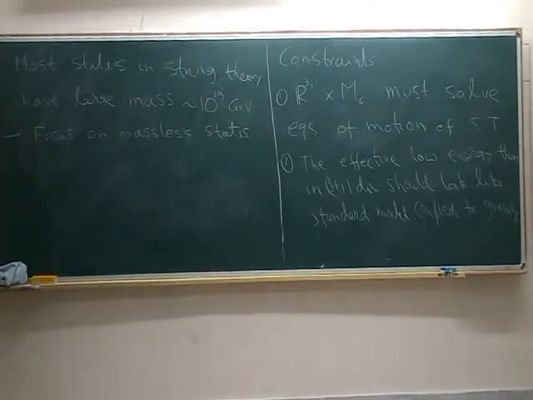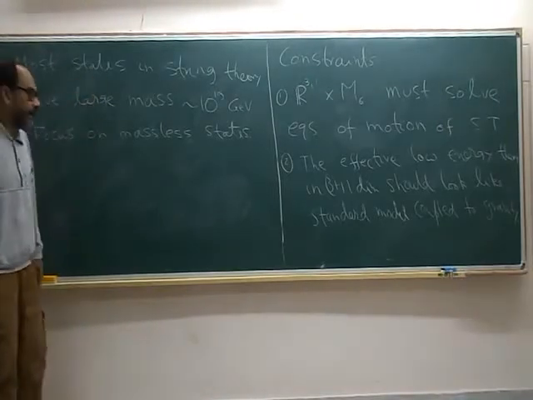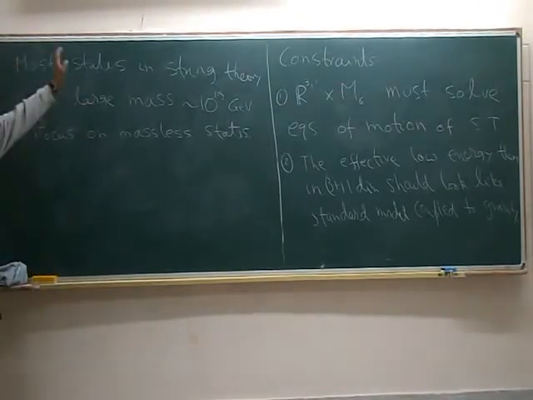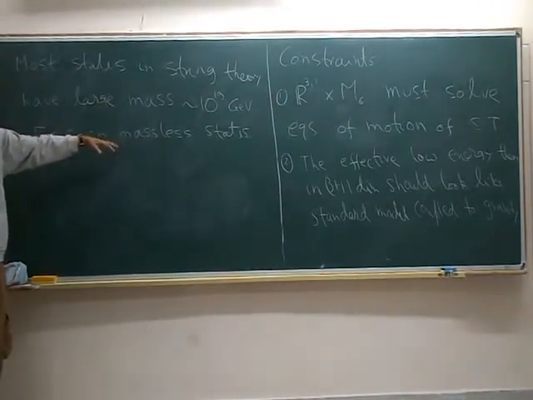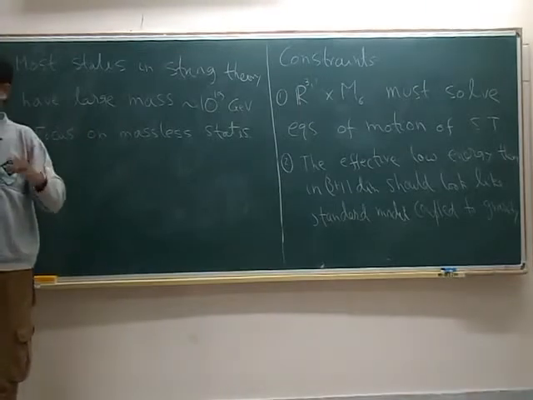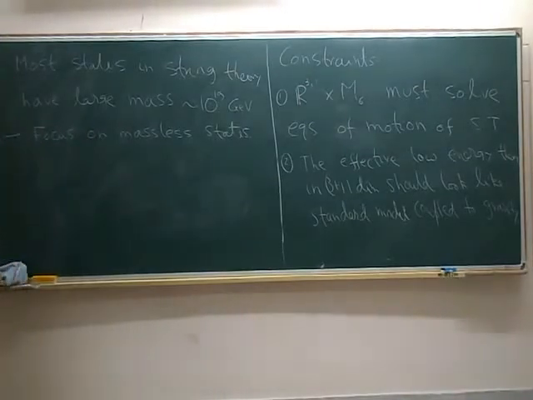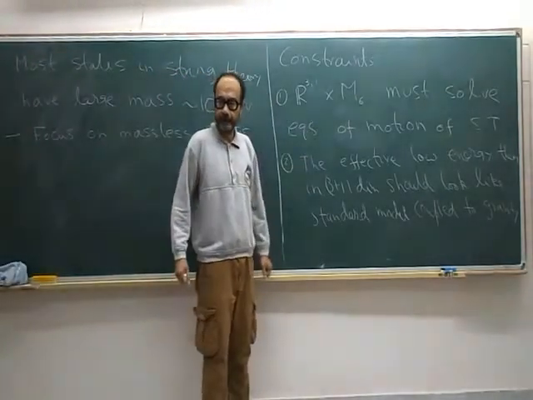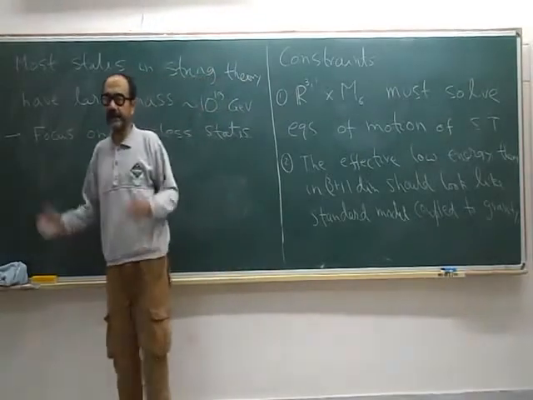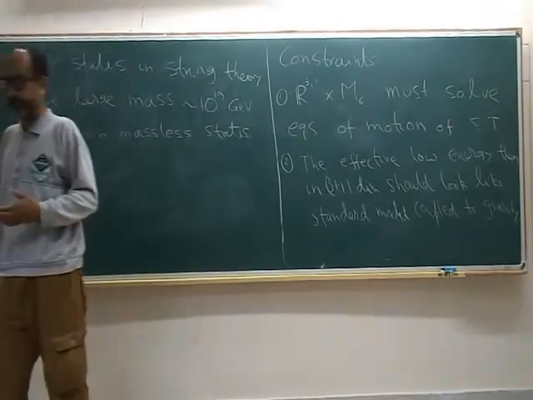Right? So the ninth case will be that you start in 9 plus 1 dimension, we throw away all the massive states and just focus on the massless states. They are described by some kind of 9 plus 1 dimensional quantum field theory. Then we study that 9 plus 1 dimensional quantum field theory on a manifold of this sort. That will be the ninth case, and that should give us the low energy physics that we are interested in.